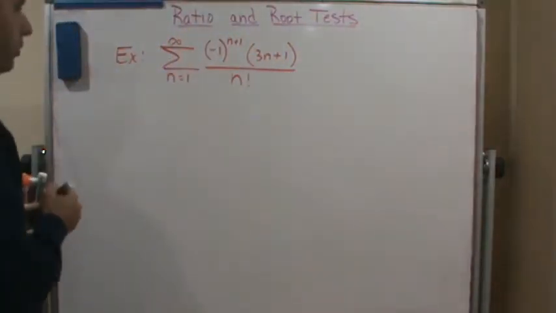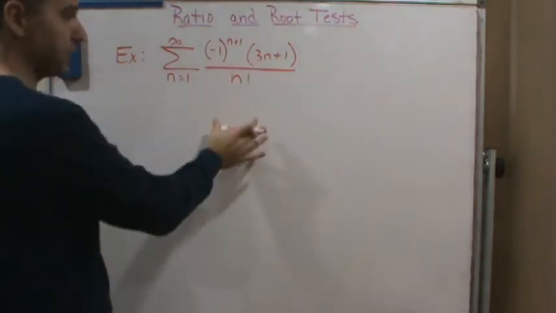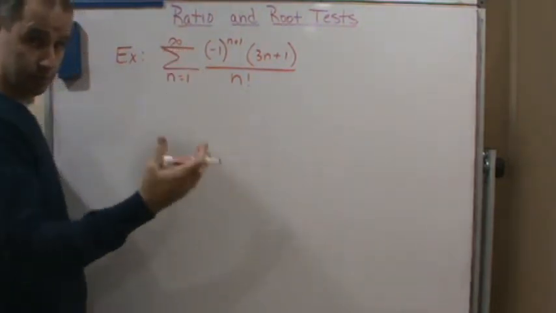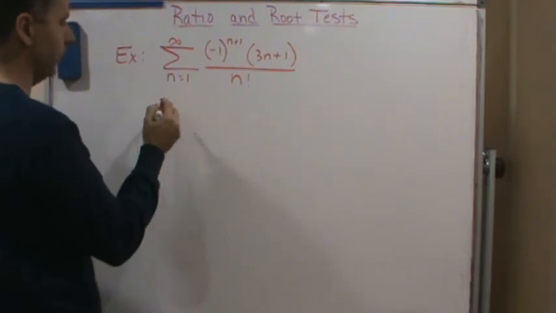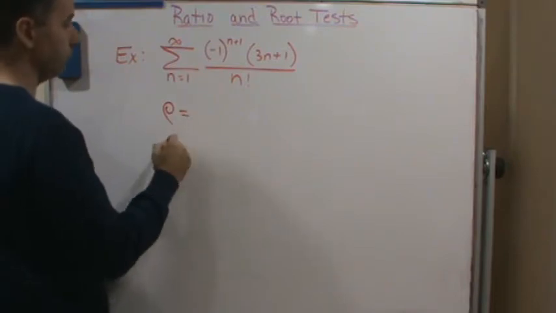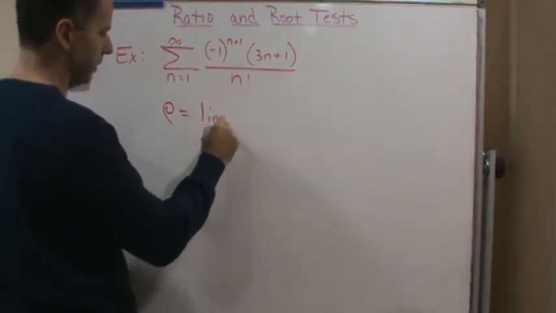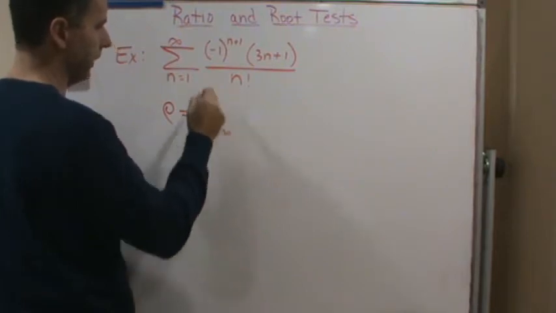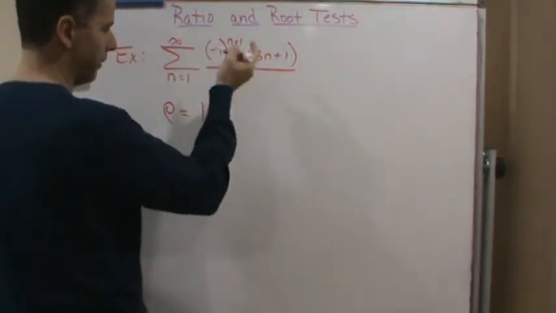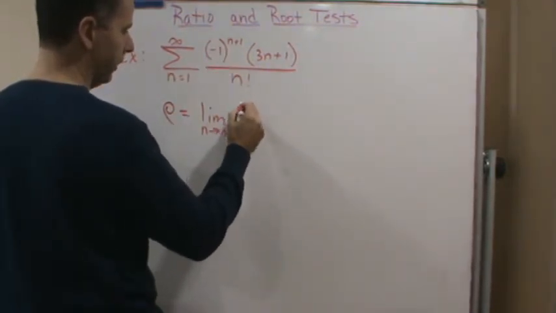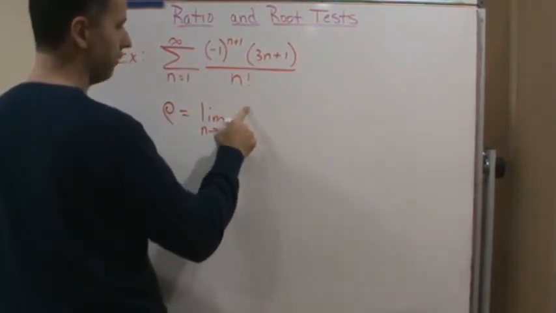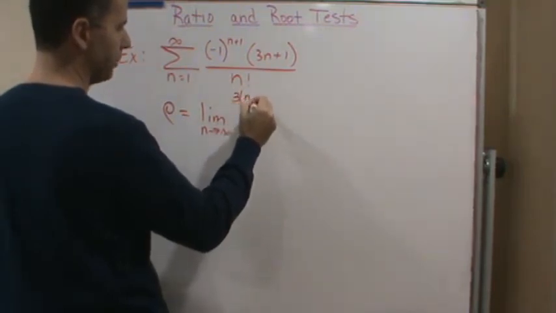So let's use the ratio test, because the ratio test involves taking the absolute value of this, so that'll basically take care of the alternating series part. So let's do it. We're going to define rho as equal to the limit as n approaches infinity. And again, I'm going to drop the -1 to the power because we're using absolute values, so the absolute value of this is going to go away. So this is going to end up being the limit as 3n. So I'm going to use the ratio test. So I'm going to have 3 times n plus 1